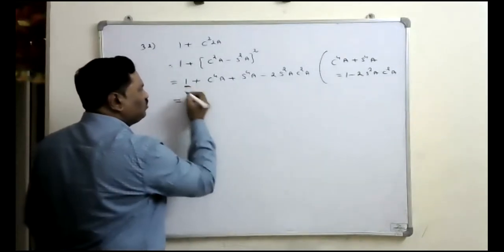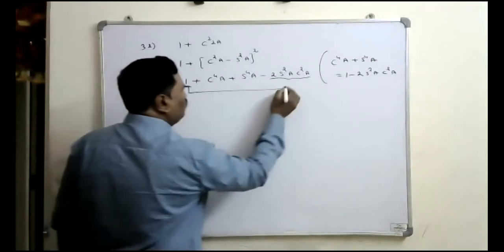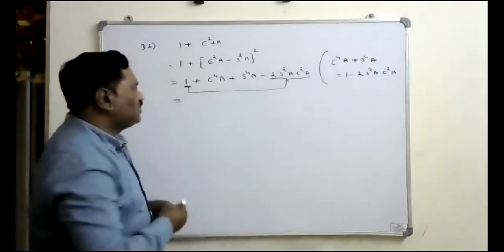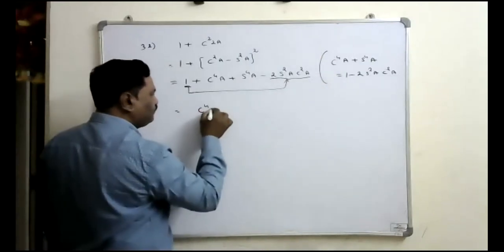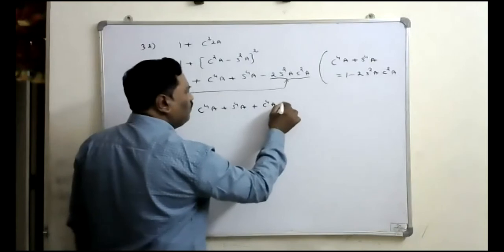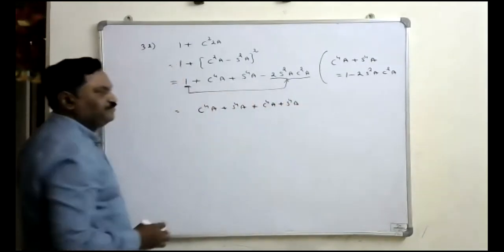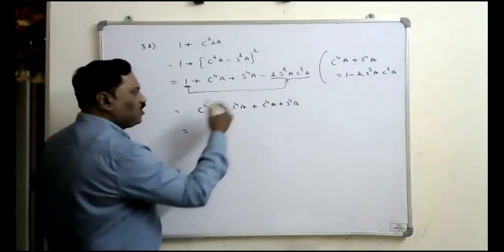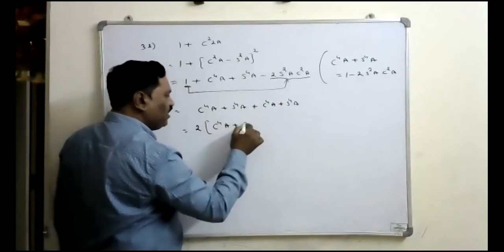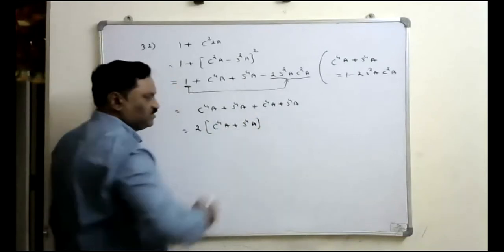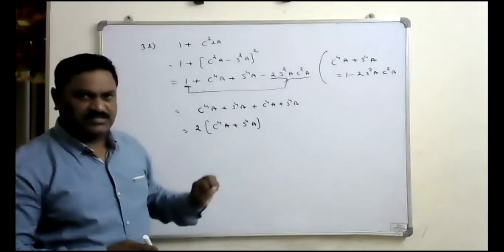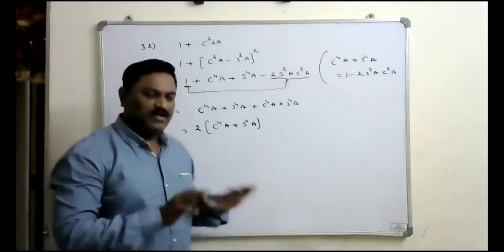So here you consider this first term and this last term. If you join them, there is 1 minus 2 sin square a cos square a, that is, you can write cos power 4a plus sin power 4a. These two terms together you can write like this. Plus there is a cos power 4a plus sin power 4a in between. So if we add them, we can find 2 cos power 4a plus 2 sin power 4a, that is, 2 times cos power 4a plus sin power 4a. So that is the answer. If you know the result, then only we will get this idea to bring that answer. If you don't know the formulas, nothing we can do.